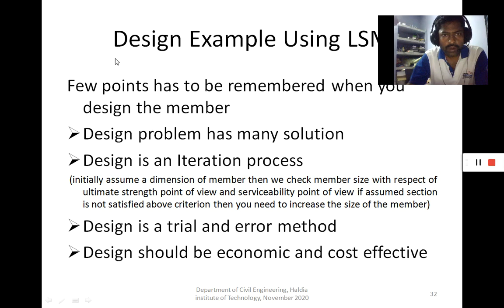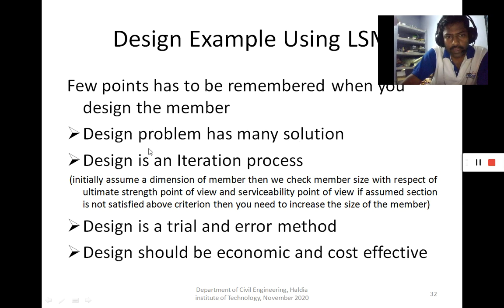So we mainly deal with the design problem. You know that the design problem has many solutions. This solution depends on design parameters.